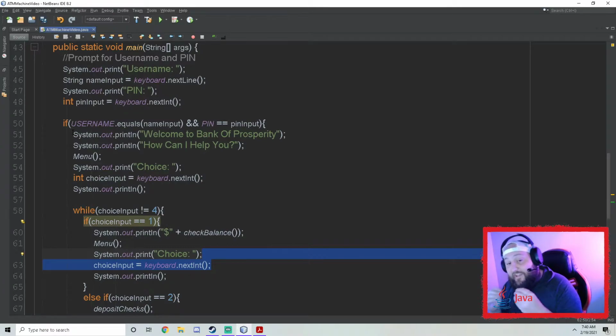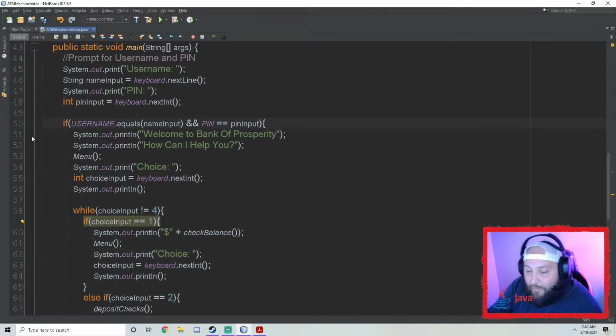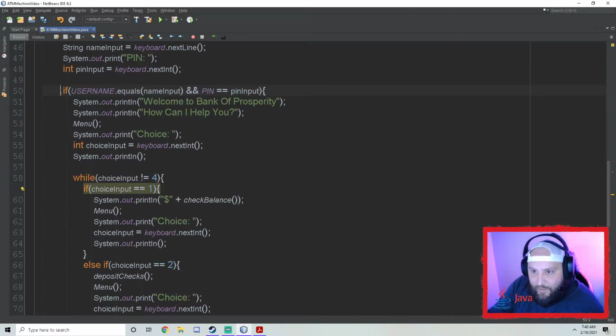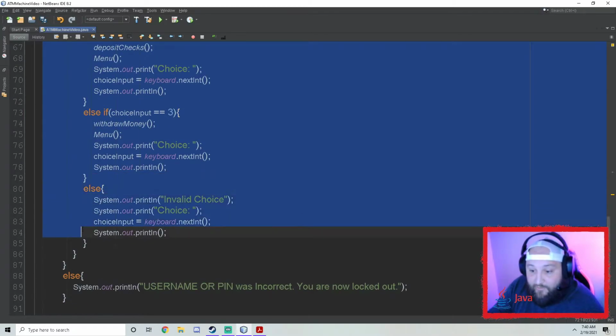So we actually need a sentinel controlled loop here, which is a while loop, because like I said, it's unknown when it's going to finish. Use a for loop when you know exactly how many times it's going to run. A while loop is if you might know, but you don't know for sure how many times. So what I'm going to do